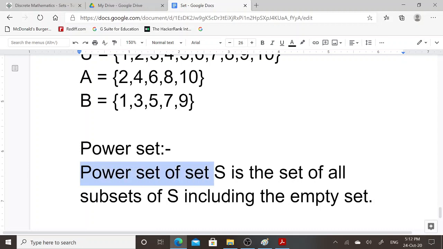Power set of set S is the set of all subsets of S including the empty set.